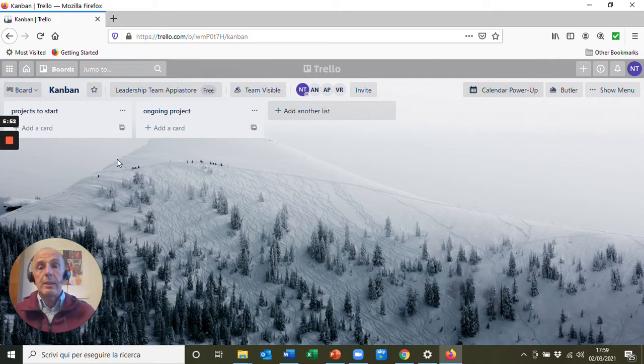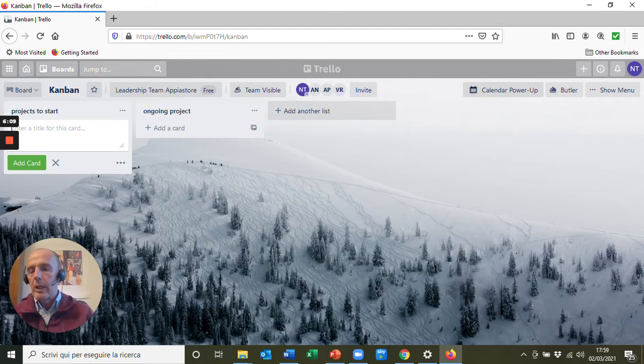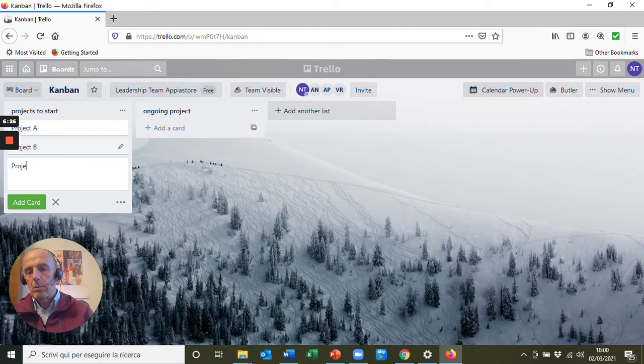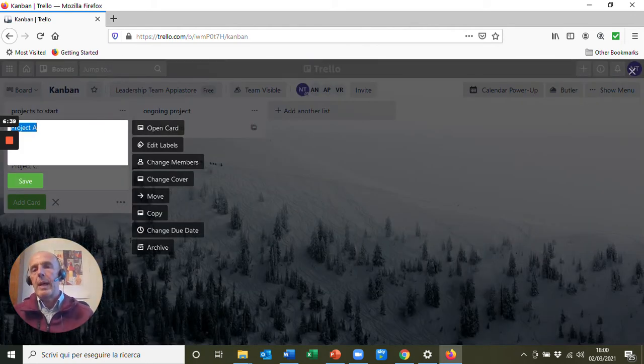Then we want to add the projects to the kanban, and you do so by adding a card. So add a card. You click on it, and you give a name to that card. So you can say project A. You add another card, project B, and you add another one, project C, and so on. How many you want? Then you want to say something about project A, so you click on the little pen here,